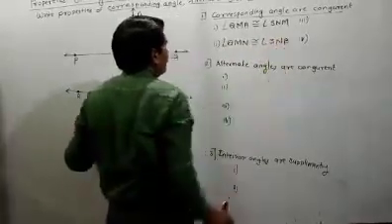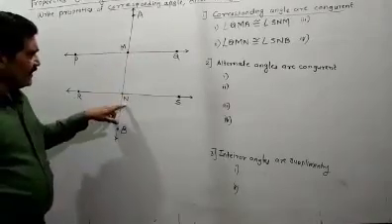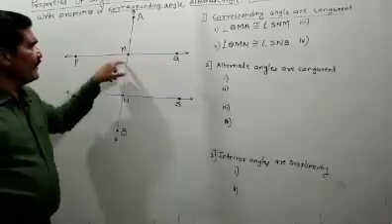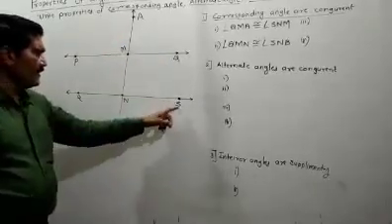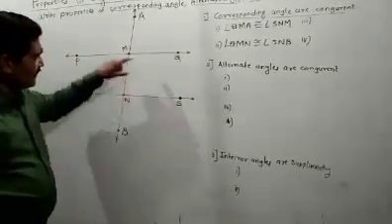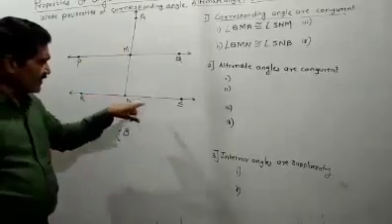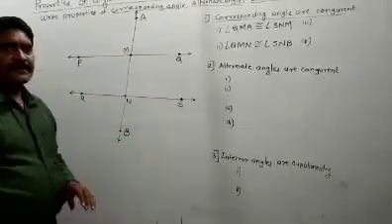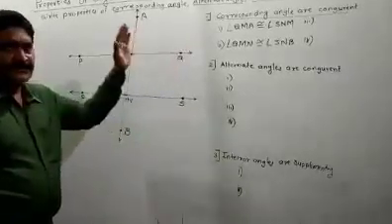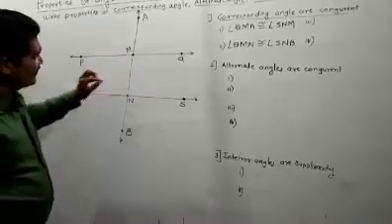SNB. To the left side, this and this angle are corresponding angles. If you want to read this angle, you have to start with the arrow end. Angle QMA is congruent to angle SNM. Then the next pair, this and this angle, are corresponding angles. How do you read this angle? QMN. And this angle? SNB. This is one side of the transversal. Now to the other side of the transversal, this angle and this angle are corresponding angles.